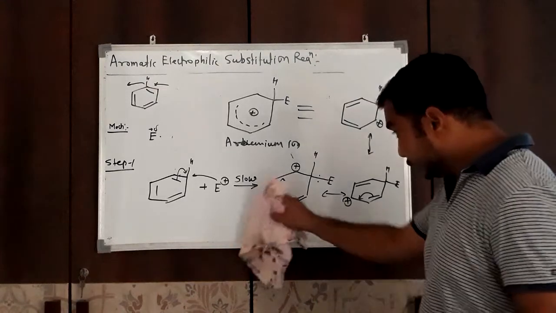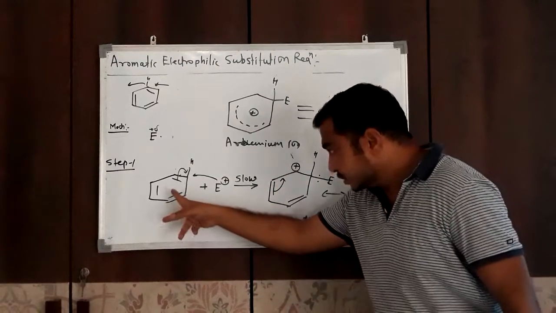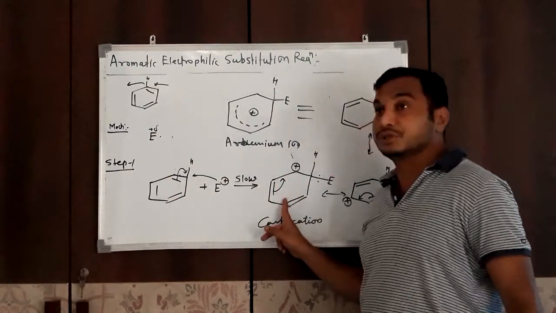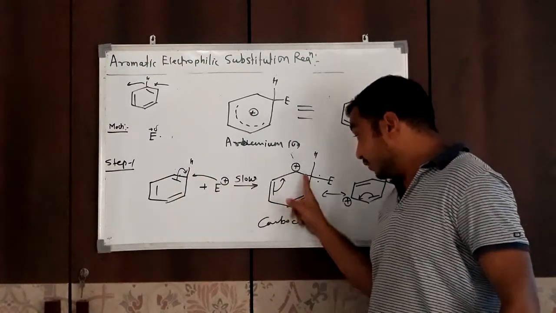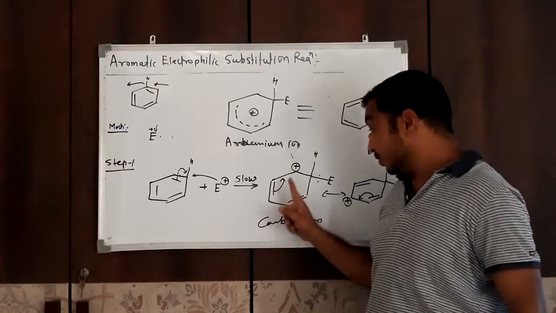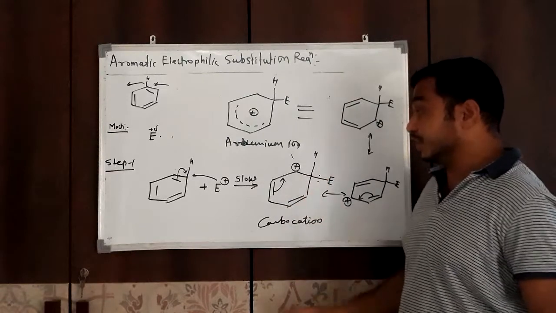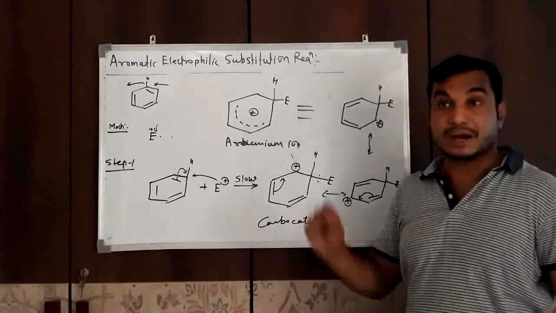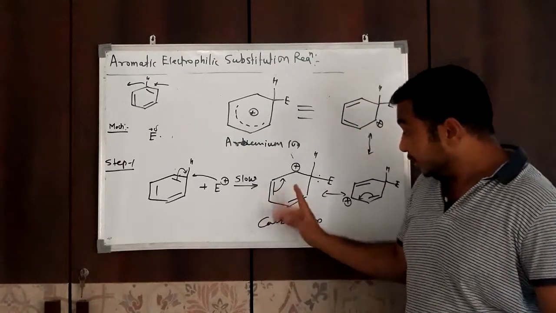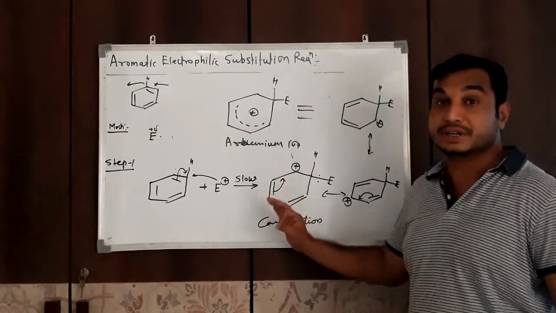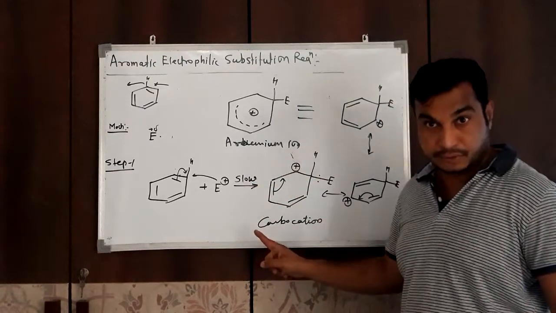And see, this is a slow step because a bond is breaking. A bond breaking step is slow, and again a stable molecule is getting converted into an unstable one. This is an aromatic compound, but this is non-aromatic because it has no alternate pi bonds. Therefore, the product obtained here is non-aromatic, meaning it is less stable than this. Aromatic compounds are more stable than non-aromatic compounds. So in this step there is a loss of aromaticity in the product. Therefore, this step is very slow.